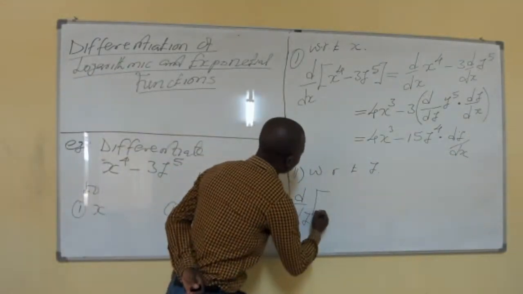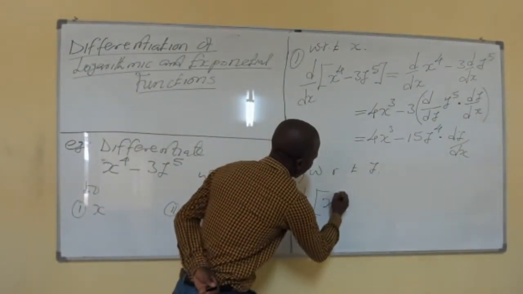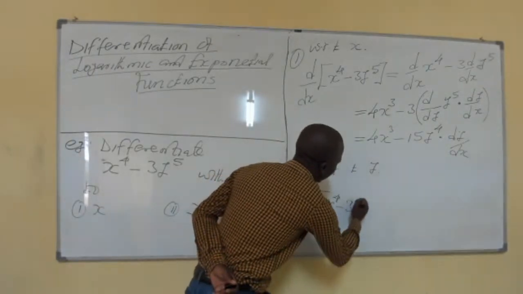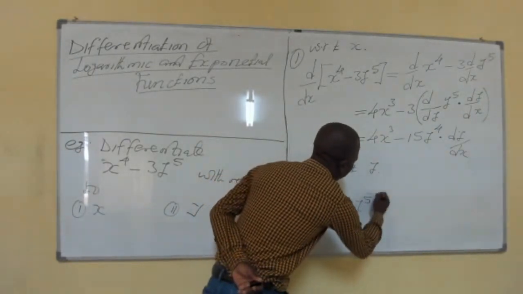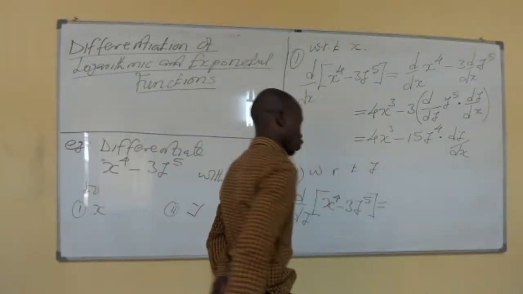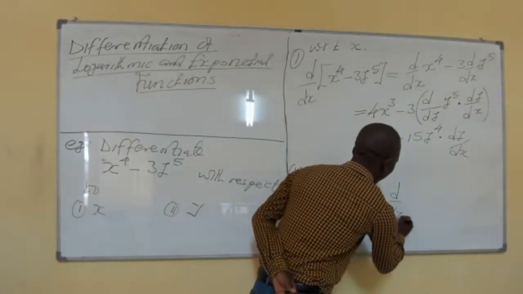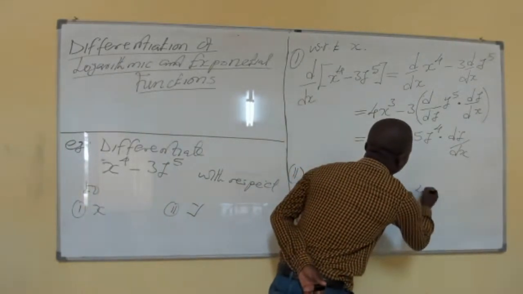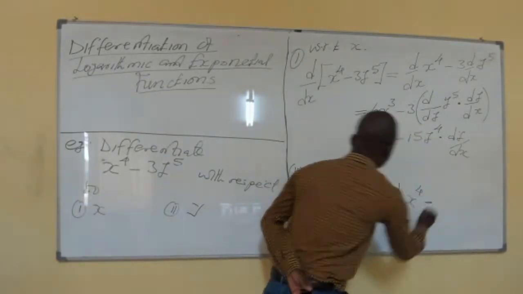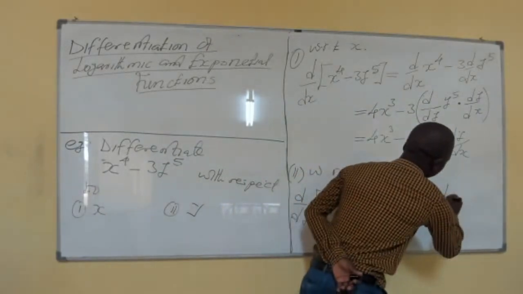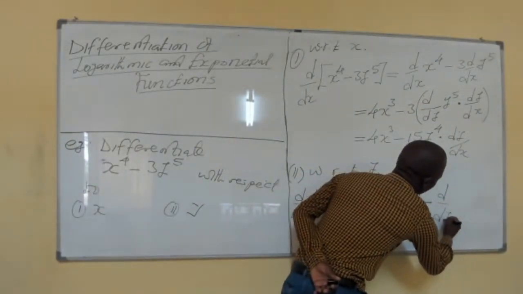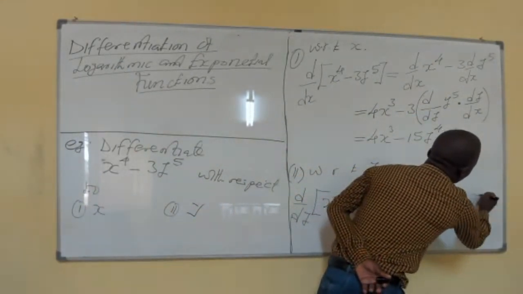Of which function? The function is x^4 minus 3y^5, which is equal to, using the difference rule, the derivative with respect to y of x^4 minus the derivative with respect to y of 3y